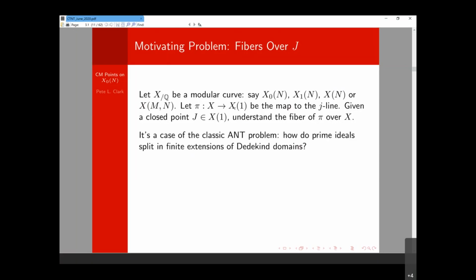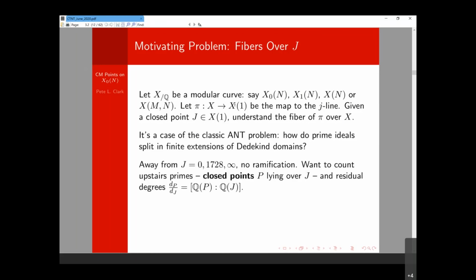And if that sounds too fancy and too scheme theoretic, I want to say that really this is just a special case of the most classic problem from algebraic number theory. If I have a finite degree extension of Dedekind domains and I have a prime ideal downstairs, I would like to understand how it factors in the upstairs Dedekind domain. Because if you remove the point at infinity and then the preimage, then we have nice affine curves, and so the coordinate ring in each case is just an extension of Dedekind domains. So you can really think of this as just being an algebraic number theory 1 type problem. Okay, so we're definitely going to remove infinity because that's a cusp.